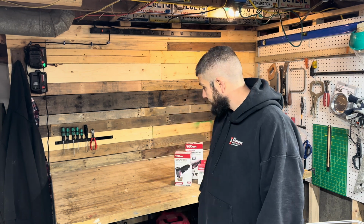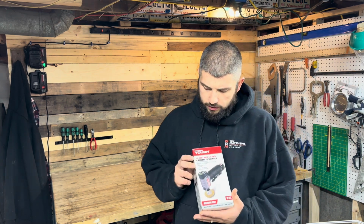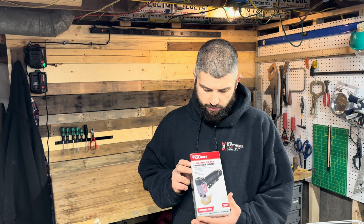One thing I don't like is that the Hercules line of tools, they don't have a right angle die grinder. They do have a 20 volt straight die grinder, but I have really been wanting a cordless right angle die grinder. So I picked up this Hyper Tough 12 volt max 1/4 inch cordless die grinder,